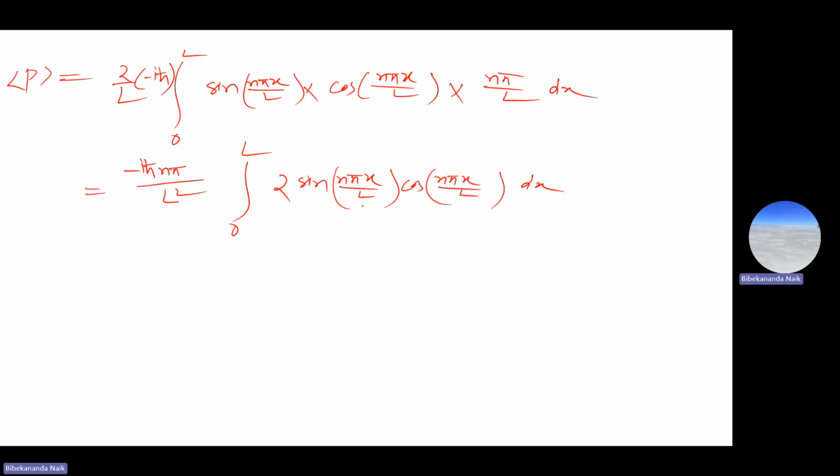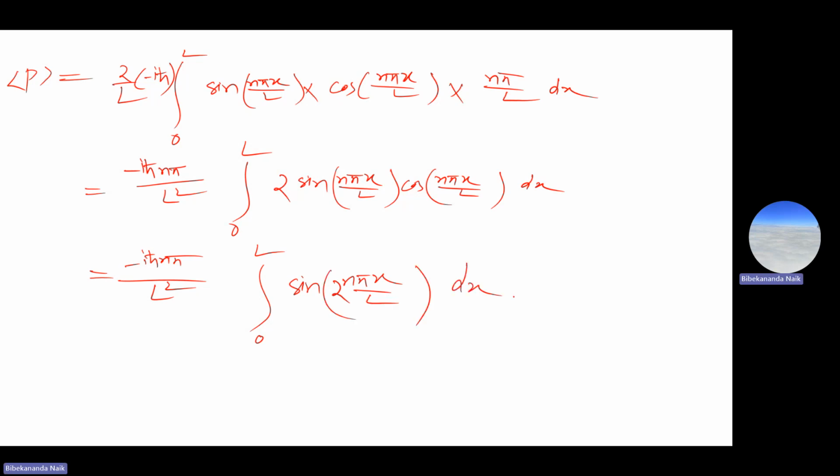Now 2 sine x into cos x is nothing but sine 2x. So it will be minus i h cross n pi divided by L square, the limits of integration 0 to L, sine 2 n pi x by L